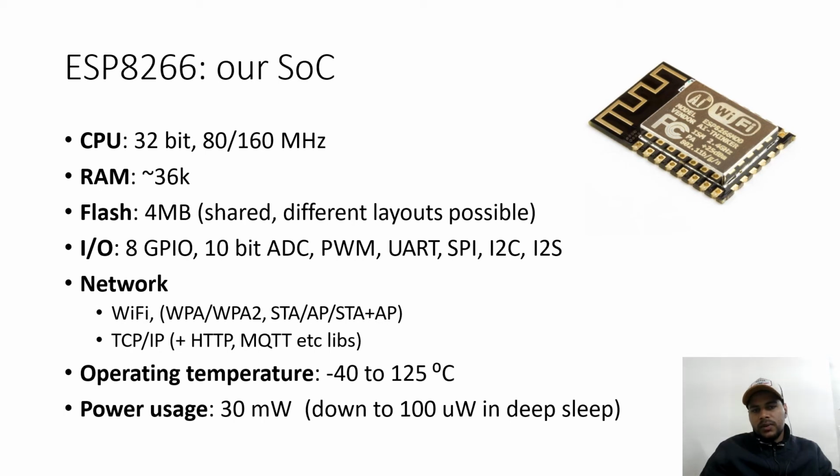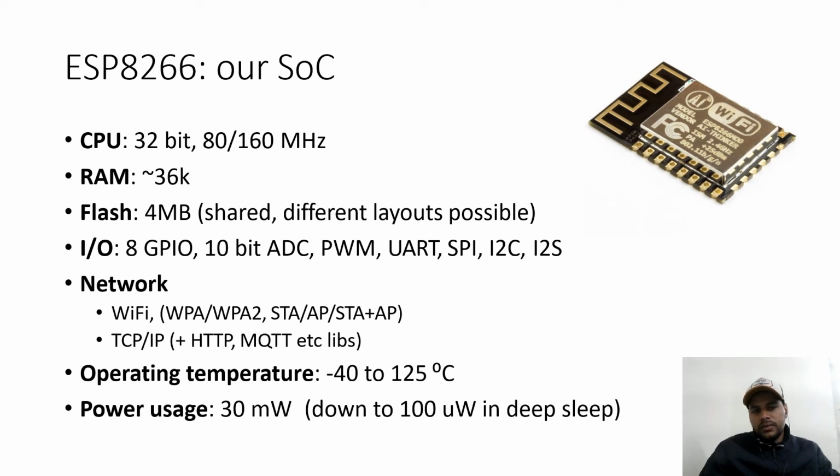It has RAM of 36 kilobytes. Flash is 4 MB, which is shared among different input and output devices. Different layouts are also possible. Input output is 8 GPIO, 8-bit ADC, PWM, and